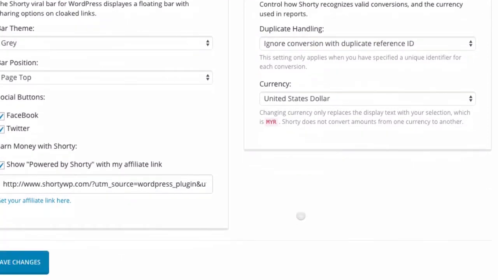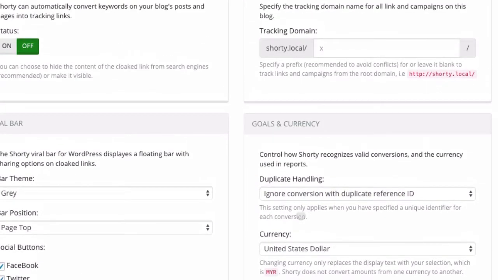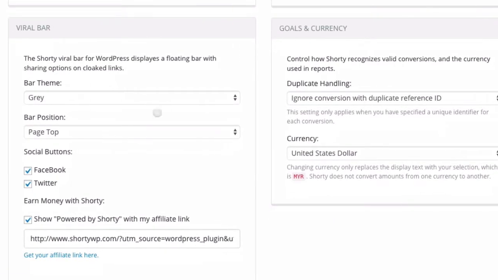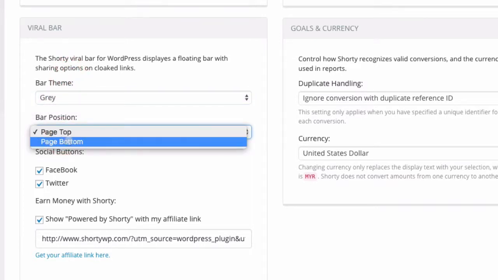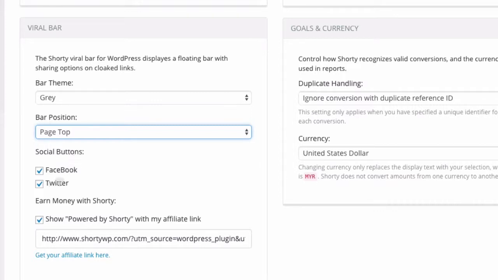All right, now let's go to the viral bar option here. This viral bar is basically a small little bar that you will see when you click an affiliate link in Shorty. Now this is not really critical, it's just some styling options, where you can change the bar from gray to black, change the position from page top to page bottom, etc., and choose which social buttons you want to